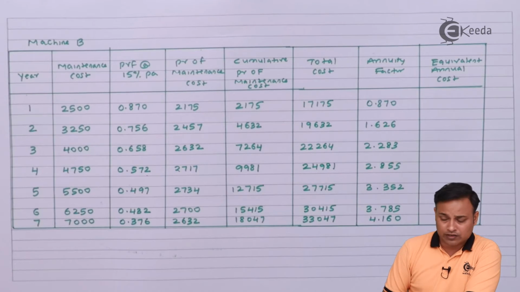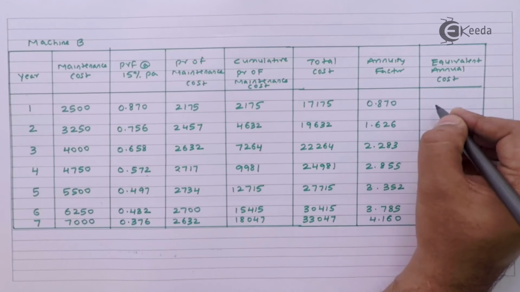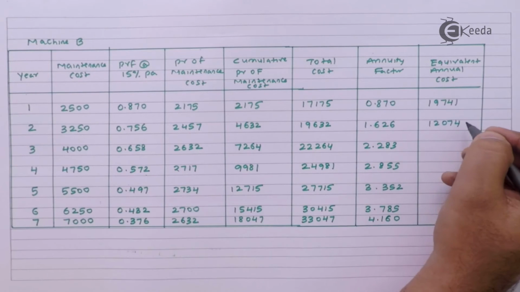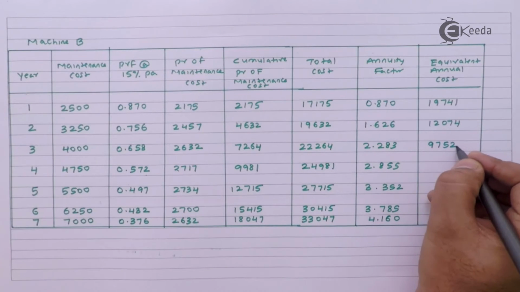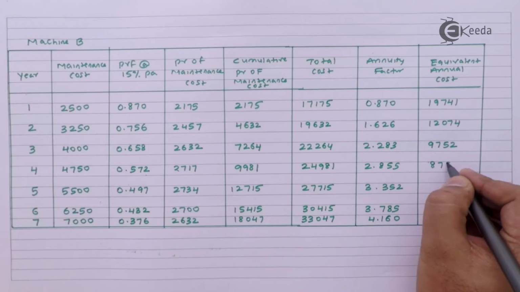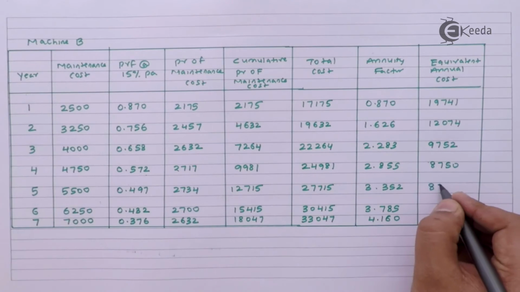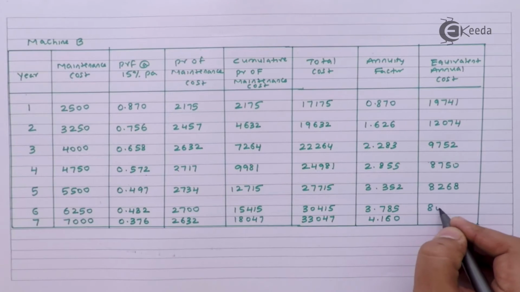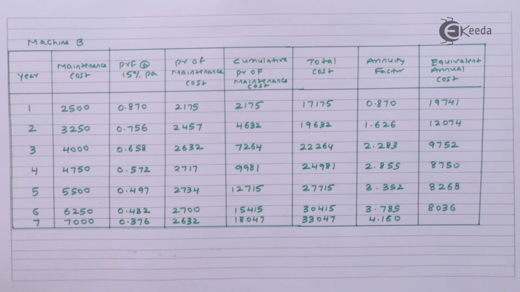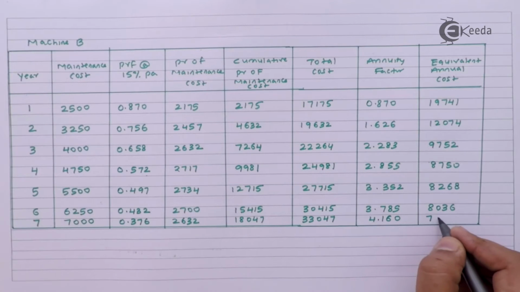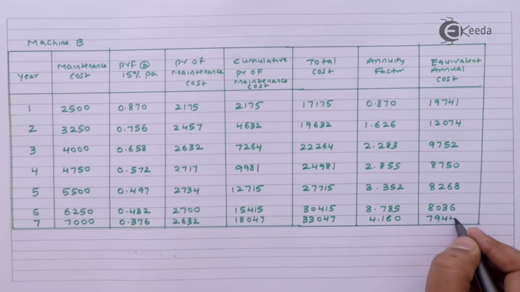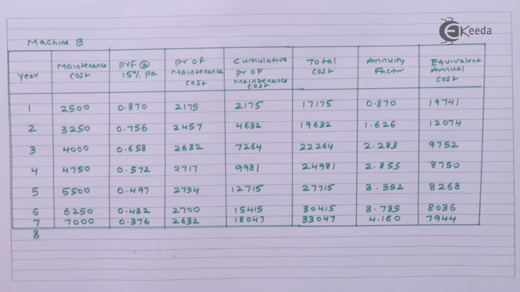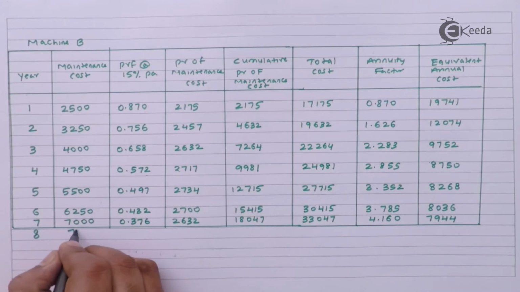Now I will divide this total cost with the annuity factor. This will be 19,741, 12,074 round off में, 9,752, 8,749, 8,268, कॉस्ट कम होते जा रहा है, 8,035, 7,943.9 तो 7,944. अब 7th ईयर में भी कम आया तो मुझे 8th ईयर का भी करना पड़ेगा, which will be 7750